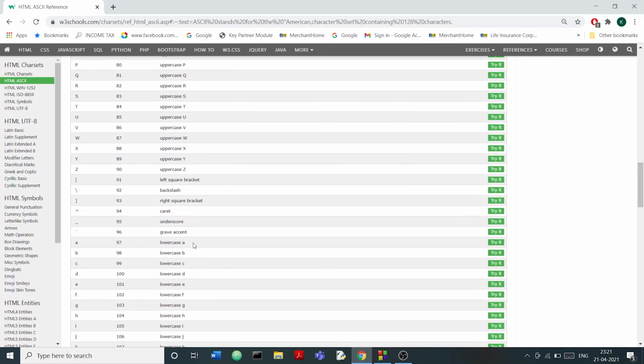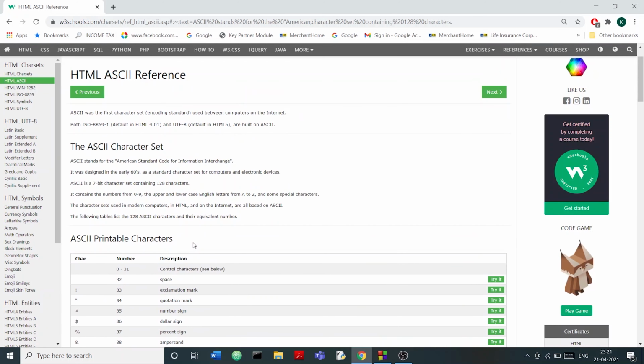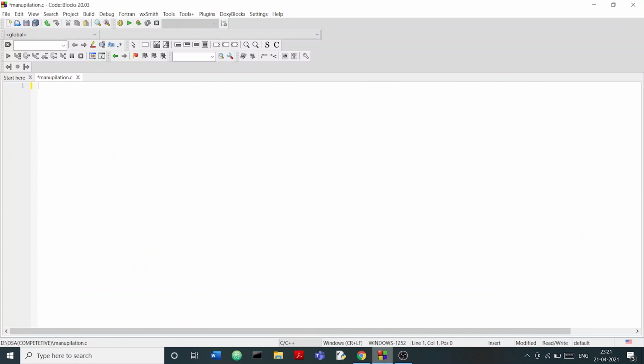These are some of the basic sets of ASCII code you need to remember while you are programming in C language. Now let's have a look at how these ASCII codes are used to manipulate data. First of all, I am going to include a header file known as stdio.h. After that, I am going to make an int main function, declare a character ch, and give it a value of 65. Other than that, I am going to declare another character, char1, and give it the value 'a'.